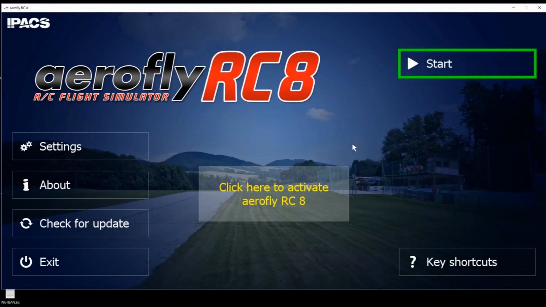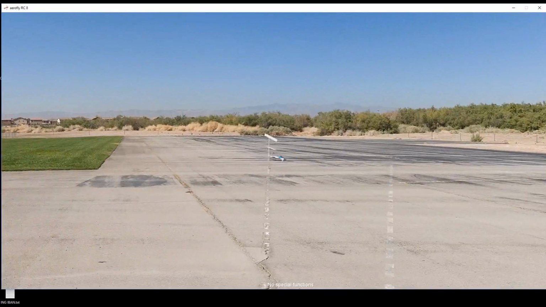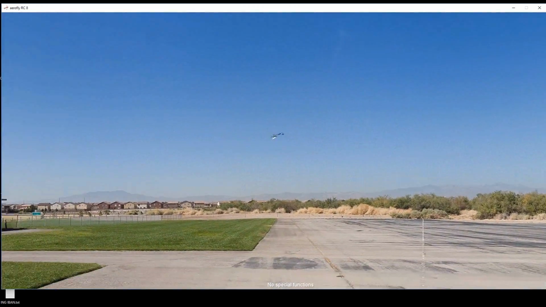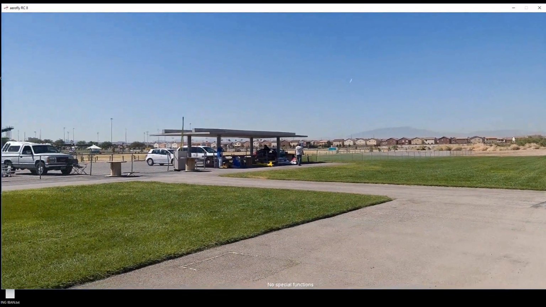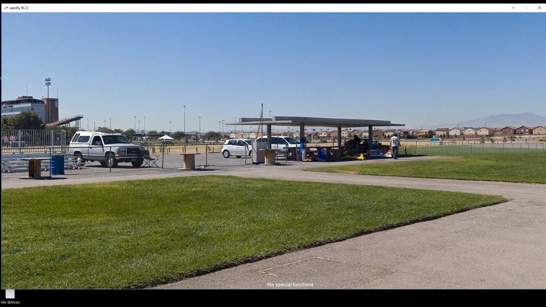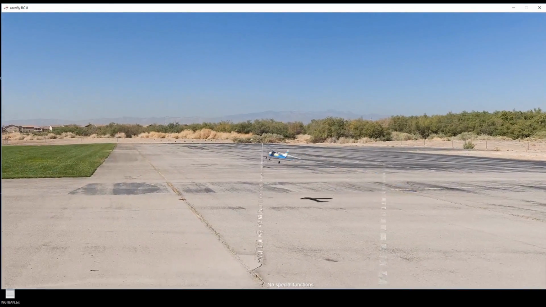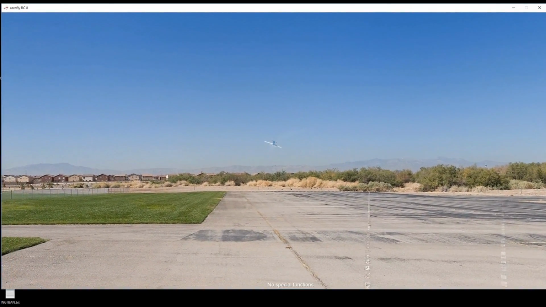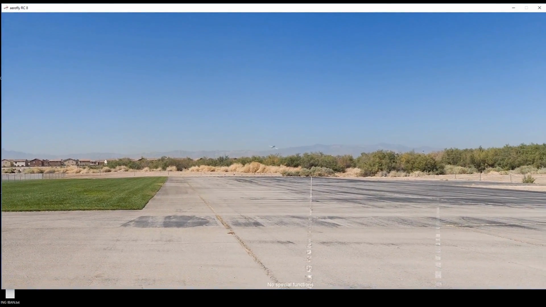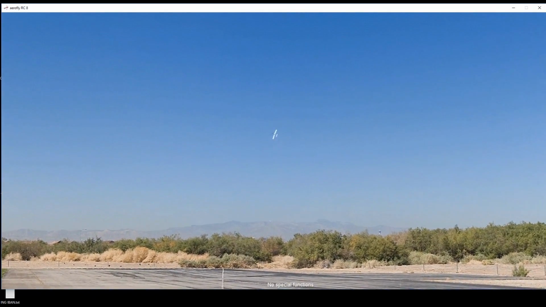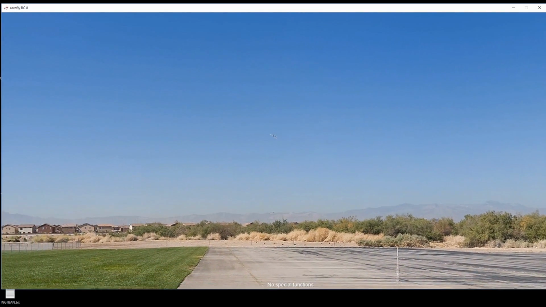Now don't get me wrong, it's better to run a simulator. Again, all other simulators are more or less games, but it's still better to run those games than nothing at all. But if you want to have a real simulator worthy of the name simulator, you'll end up with AeroFly,